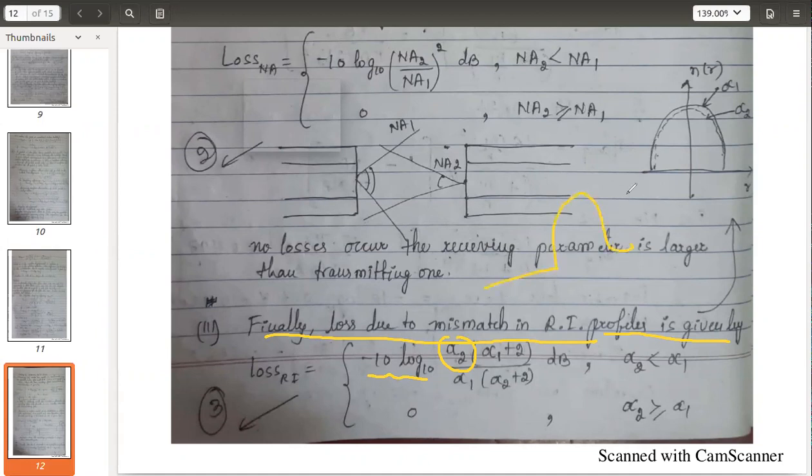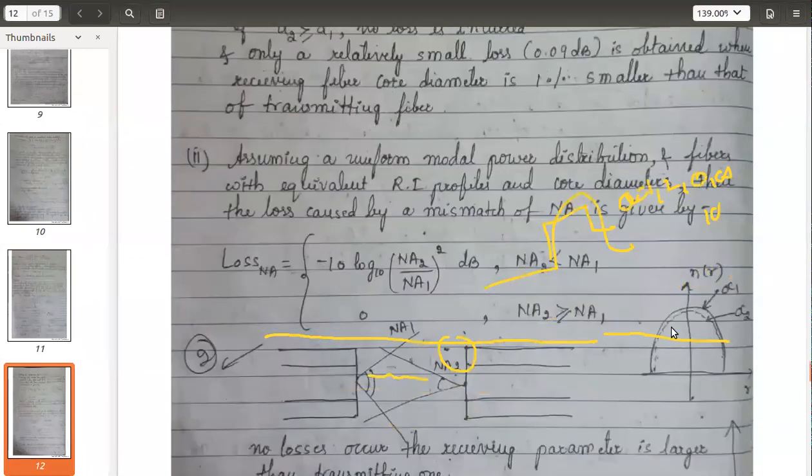For different values of alpha, I think from 1 to 0, infinity, 10, we have got different shapes of these refractive index profiles. So alpha 1 and alpha 2 indicate two different refractive index profile gradient values for two different optical fibers. That diagram I have shown you here. There is a slight difference here. Alpha 1 and alpha 2. See, this curve is slightly different from alpha 1. The second one, there is a small difference between alpha 1 and alpha 2. Because of this, the loss that exists is the third one.